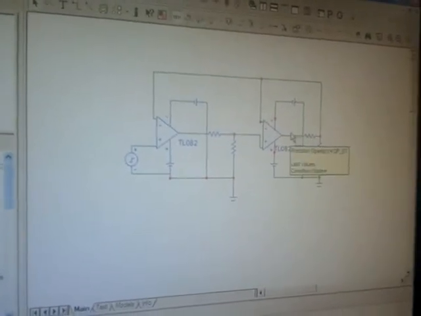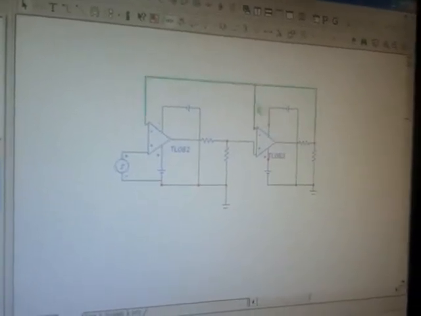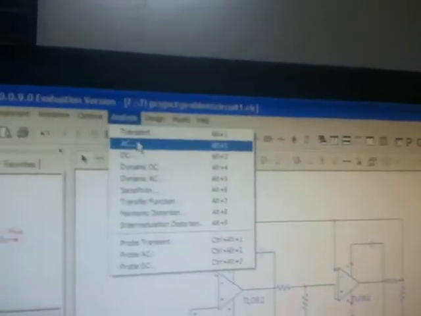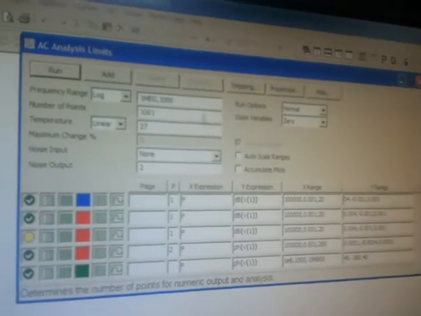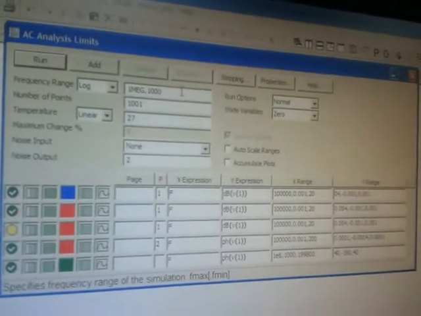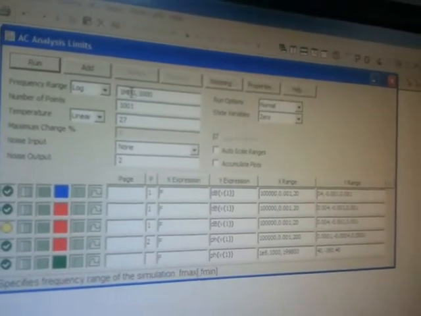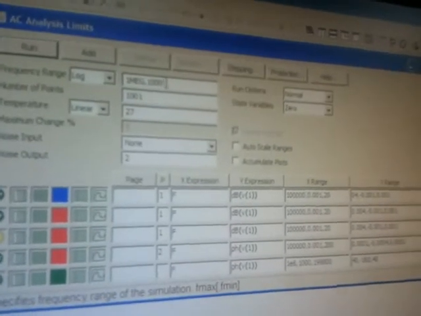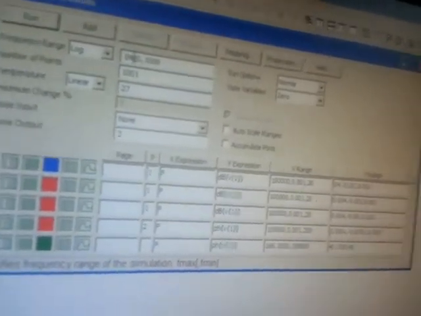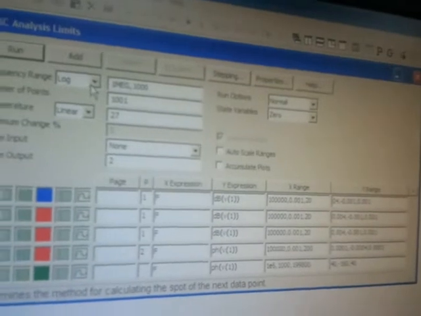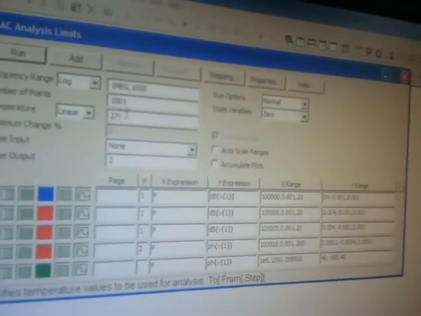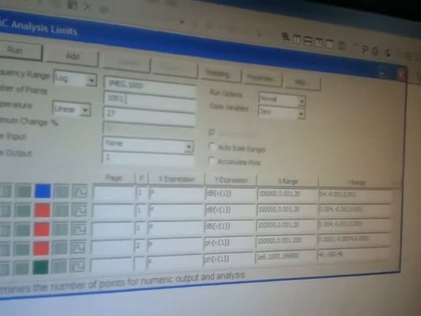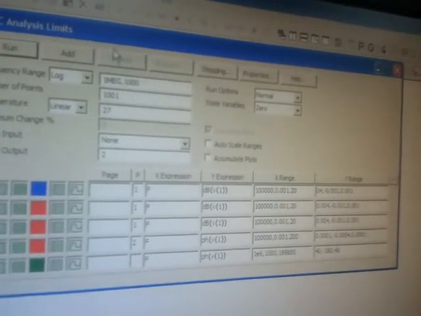As we have to get the frequency response, that is the AC plot, we will go for AC analysis. In AC analysis there are various fields which are to be programmed by the user. This is the maximum range of our frequency and this is the minimum range of our frequency, that is 1 megahertz to 1 kilohertz, and we will go for semi-log paper. That's why we are using the log scale, and these are a number of test points at which various readings will be taken. Let us run the analysis.